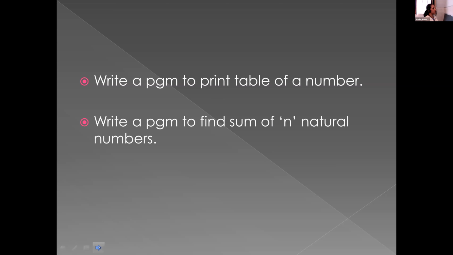Table means multiplication table. If we give a number like 3, then we have to print the table of 3: 1 into 3, 3, 2 into 3, 6, just like that. If we give 5, we have to print the table of 5.